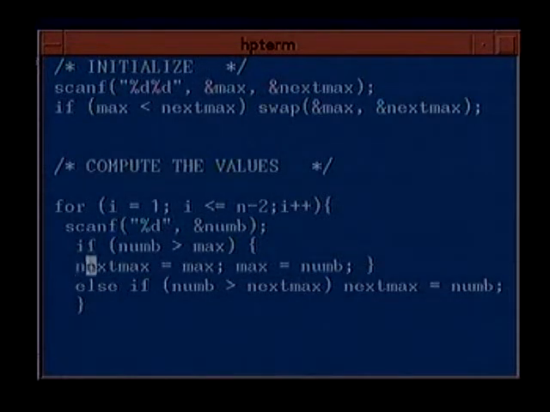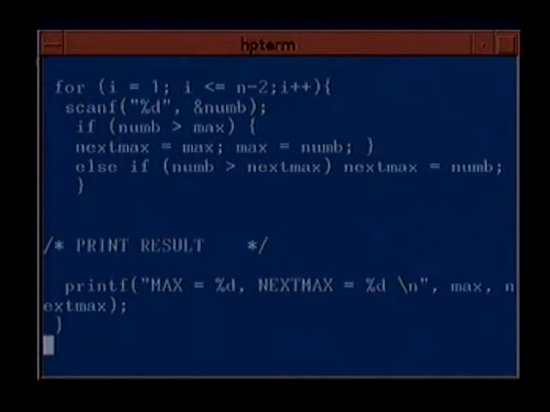And obviously you cannot do this statement after you do this statement, then you would lose the value of max. So you must do it in proper order. Else, if num is greater than next max, next max is assigned num, and simply print the values of max and next max by this statement.